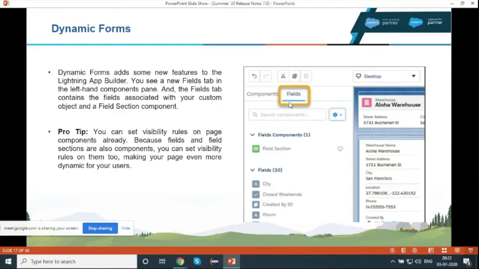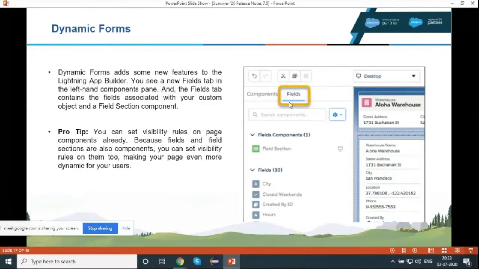And if you drag a field, it will allow you to choose whether this field is read only, or you can simply edit this field. So basically, all the features which were available on the layout are now available on dynamic forms. One restriction is that dynamic forms are not supported for standard objects. It is available for custom objects for now.